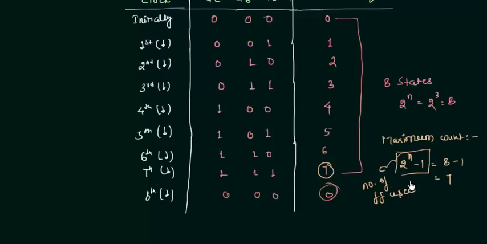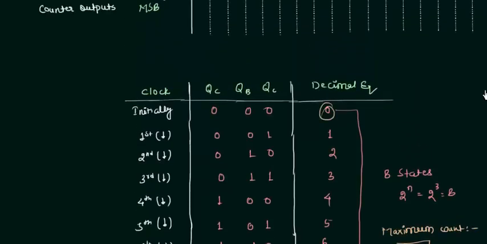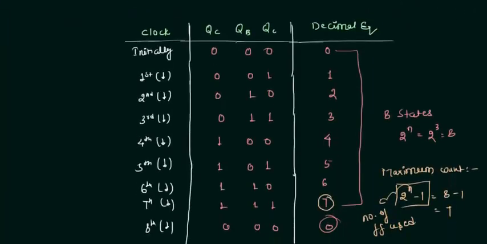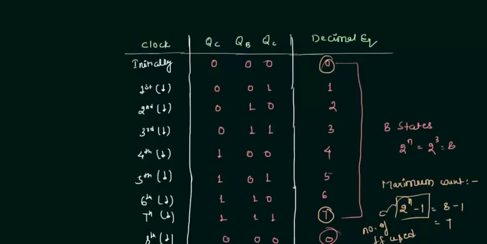So this was a simple presentation in which we just saw how the 3-bit asynchronous up counter works, and let me tell you how it is an up counter. It was 0, then 1, then 2, 3, 4, 5, 6 and all the way to 7. So it is an up counter because every time the clock pulse passes, your value is getting higher. So this is what we have in the up counters.